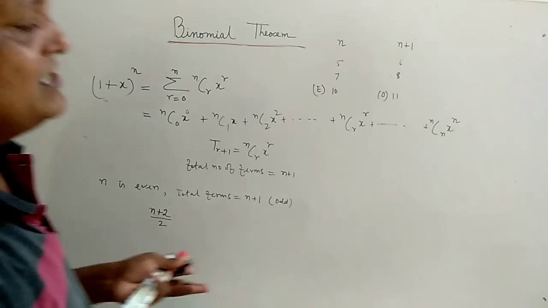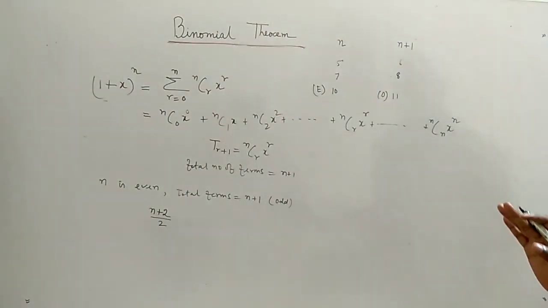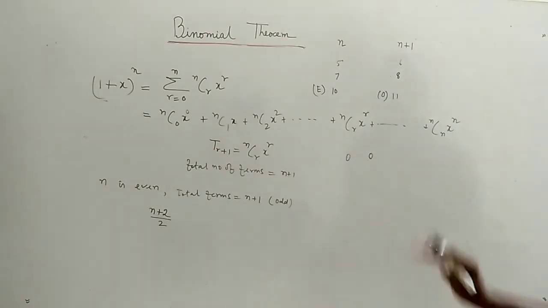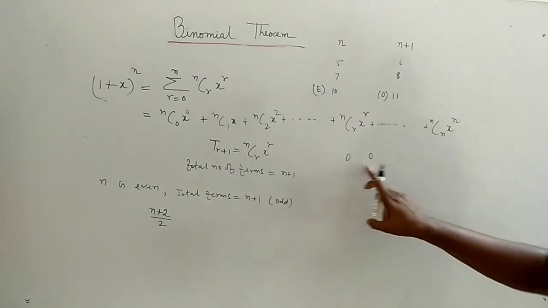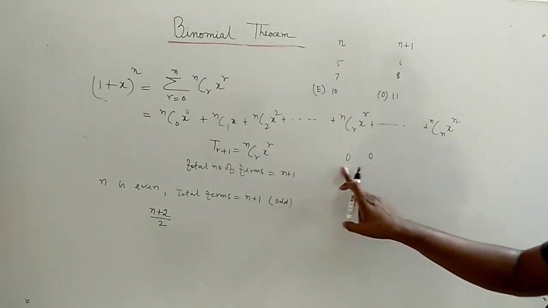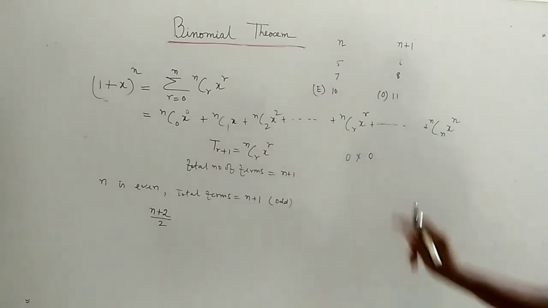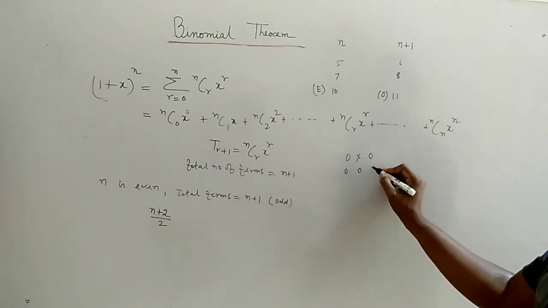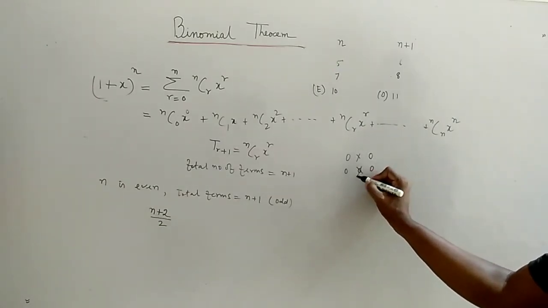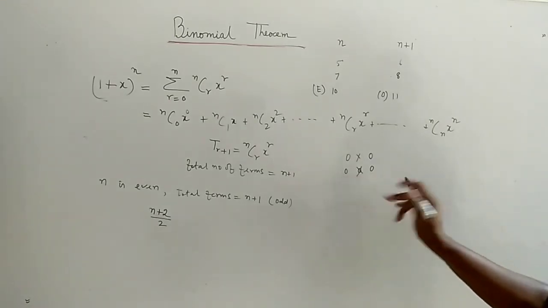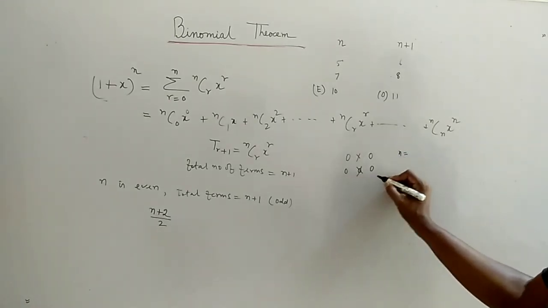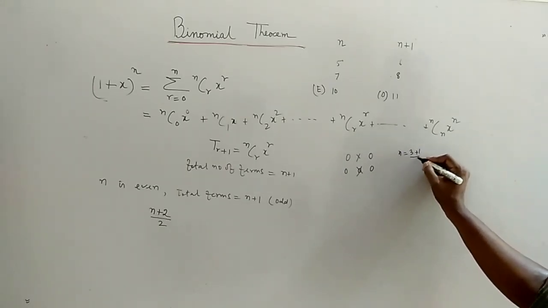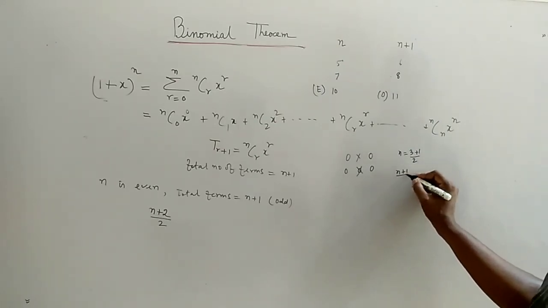Now you can ask how. This is not any special formula. Suppose you have two balls; where is the middle located? In between these two, so both are the middle term. When you have three balls, 1 2 3, which one is at the middle? The second one is the middle. So n is 3, and 3 plus 1 is 4, by 2. So we call it n plus 1 by 2.